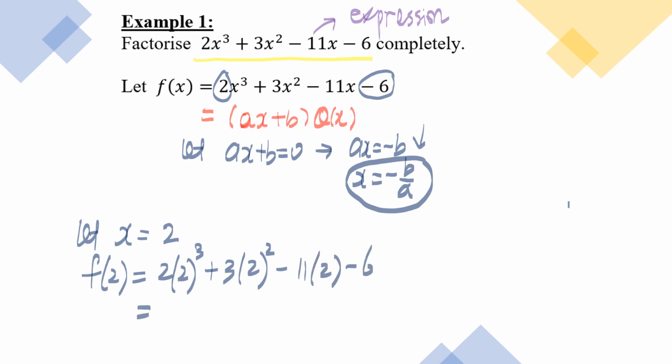And you use a calculator. Yeah, and you have remainder equals 0. So if you substitute x equals 2 and get remainder equals 0, if you were to convert it